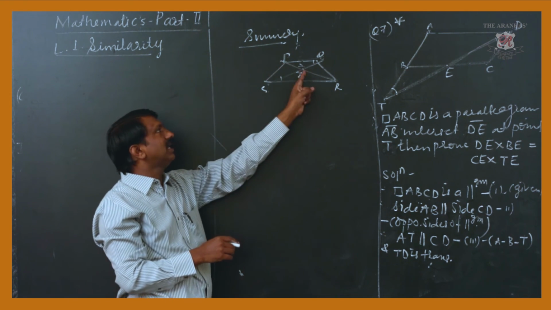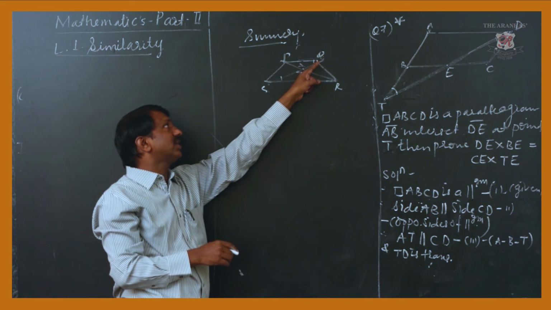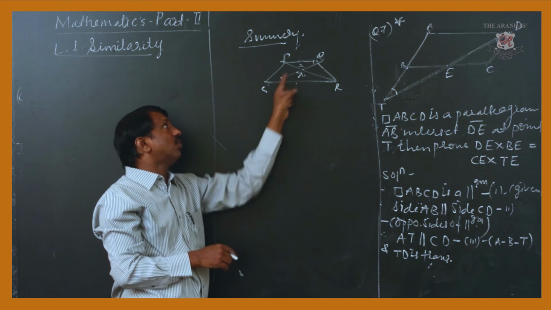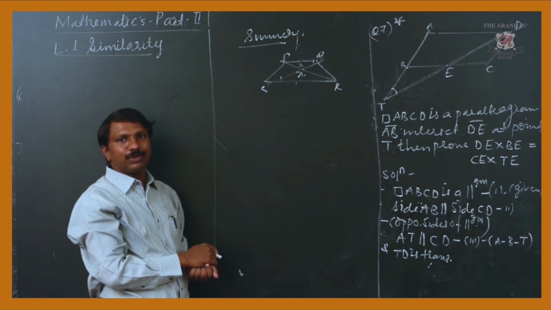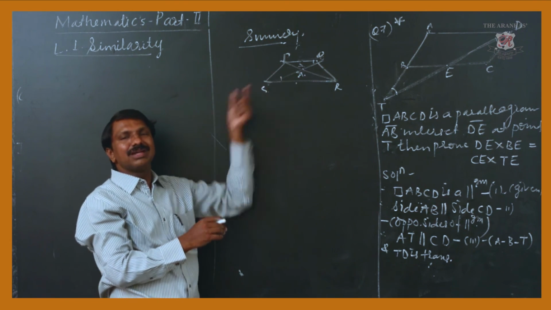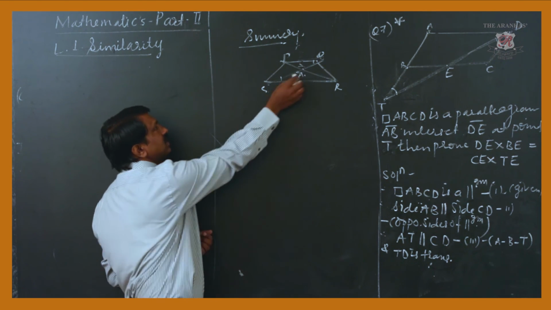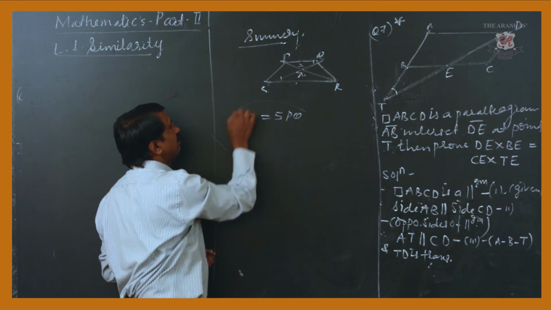And for the corresponding sides, it was written PA upon RA equals AQ upon AS equals PQ upon SR. Then we substituted the values according to the given ratios, and by doing cross multiplication, at last we get segment SR is 5 times PQ.